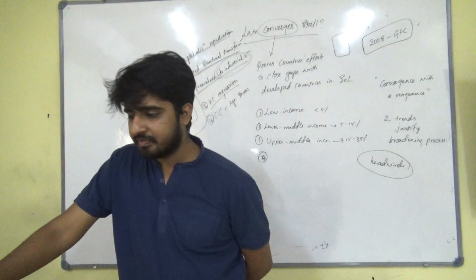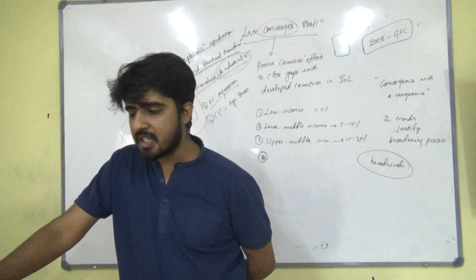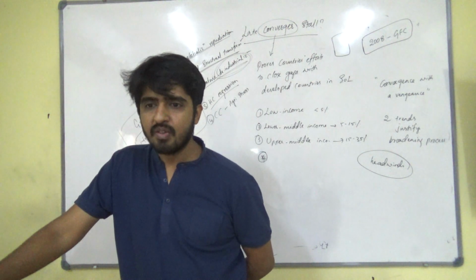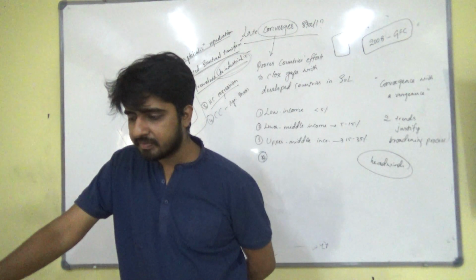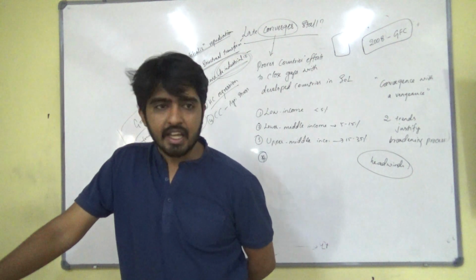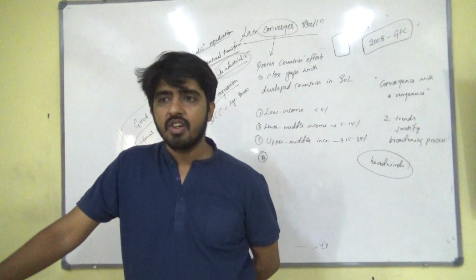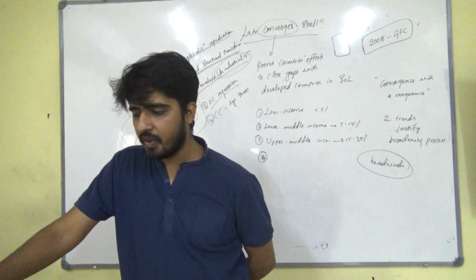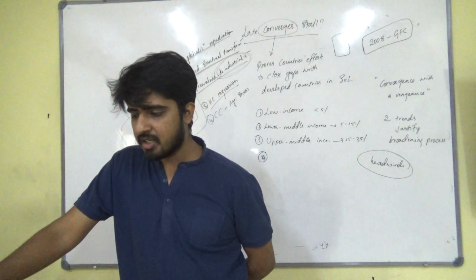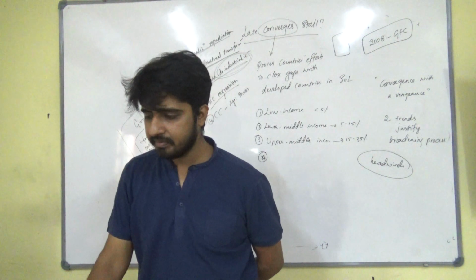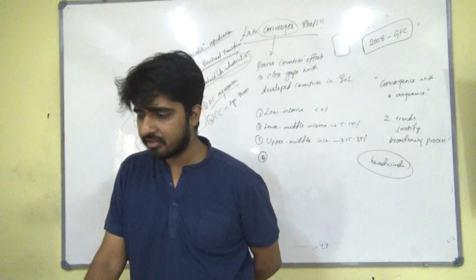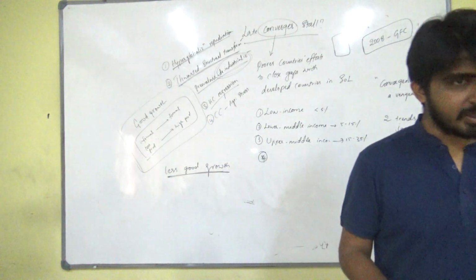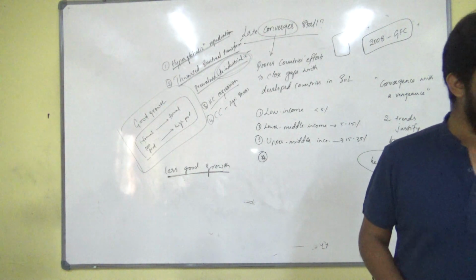Rainfall deficiency. Where is rainfall deficiency concentrated? UP, Northeast and Kerala. Increased precipitation: Gujarat, Odisha, Andhra Pradesh. Increased rainfall: Gujarat, Odisha, Andhra Pradesh. Right? Now, try to remember these states if possible. Otherwise, this much you should definitely remember.